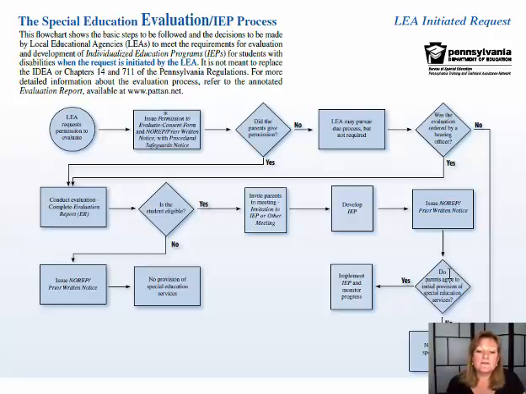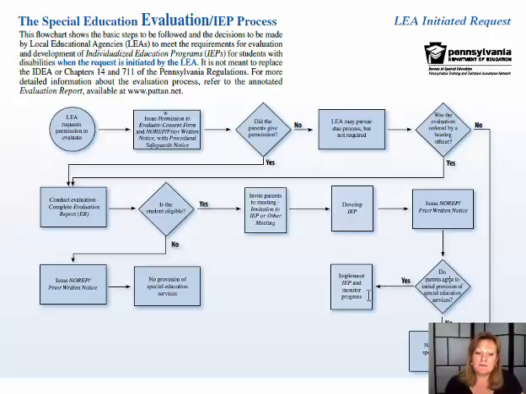Okay, at the end of it all, the parents have to sign that they agree with the IEP and the discussion that ensued. Okay, if they disagree, then no special education services are provided, unless, again, parents can pursue mediation, legal mediation, and there are other things that could happen afterward. But in terms of the special education evaluation process, if the parents at the end of it all don't agree, then they don't move forward with the special ed services.